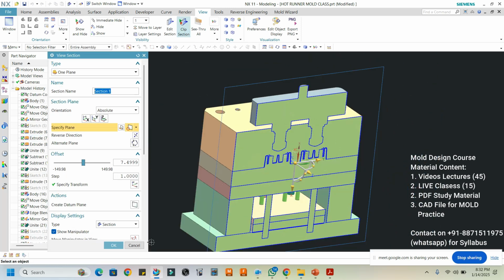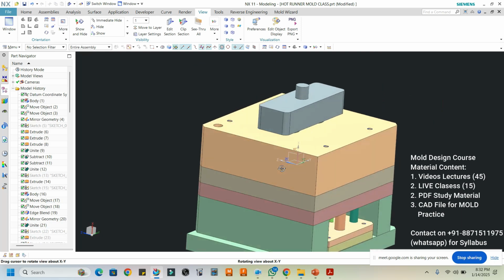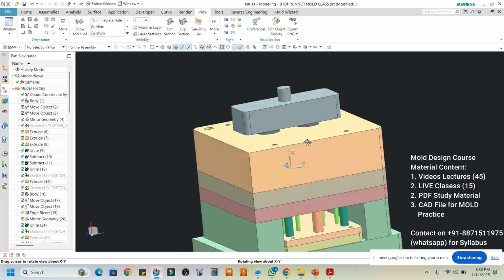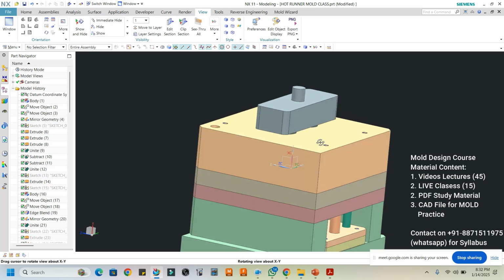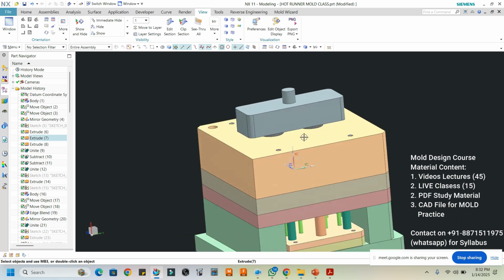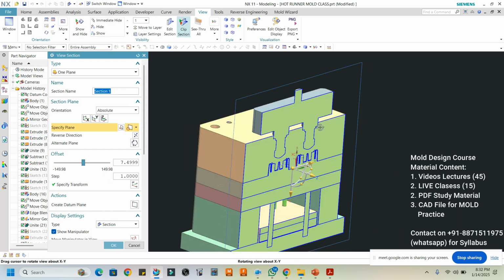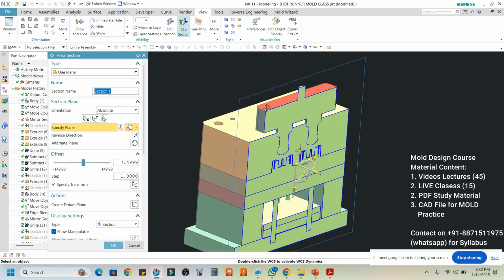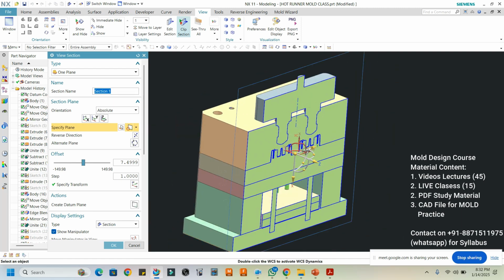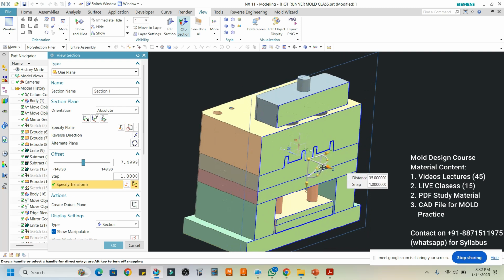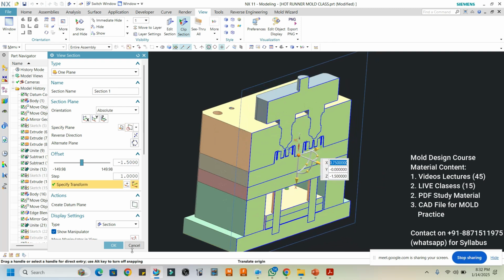In hot runner, you will not have a main runner or the branch runner. Directly, you will insert the material on the gate. But here, basically I have designed the complete hot runner with the nozzle. So here you can see that all the internal parts are not here right now.